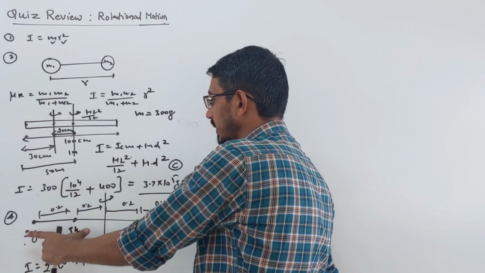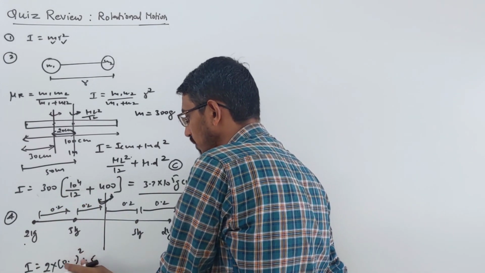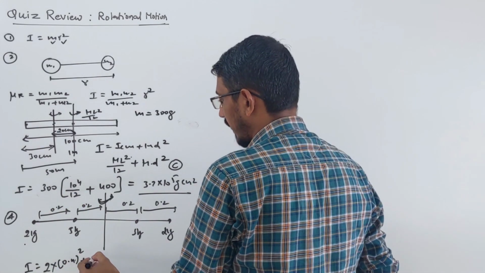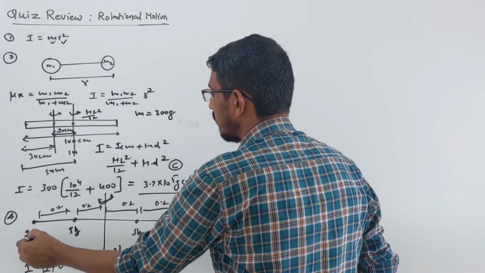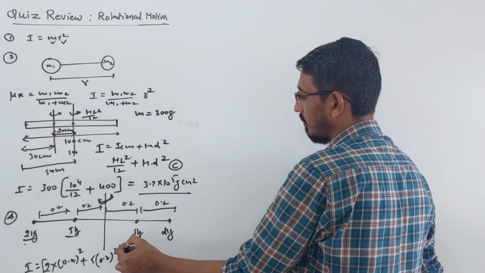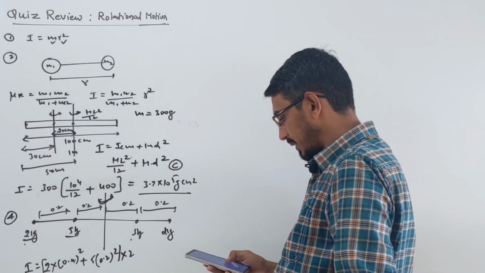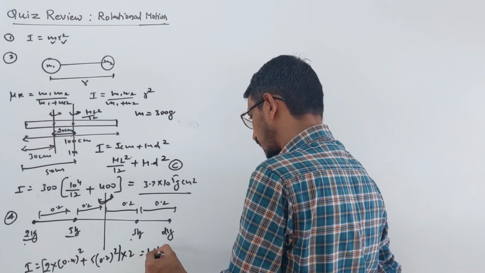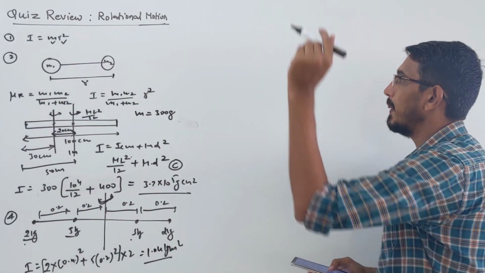When you are talking about 2 kg, the distance become 0.2, 0.2, because rotating about this line, so should write here 0.4, okay, 5 into 0.2 and square, correct. This is the inertia due to this 2 kg and 5 kg, exactly same thing we have like 5 kg, 2 kg, so you can multiply this by 2, that's all. So here answer you will get is now 1.04 kg meter square. Please solve this, and if you have any confusion put your comment, okay.